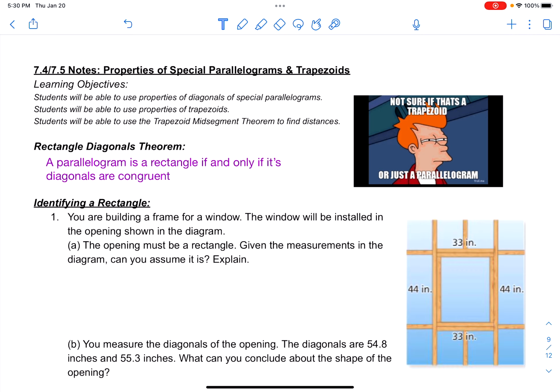So again, remember the big thing we need for it to be a rectangle is 4 right angles. So when we look at this, we do see that opposite sides are congruent. So that does make this a parallelogram. And remember that rectangles are parallelograms. So it does at least follow the steps that we need. However, we don't know anything about the angle measures. So we would say no,